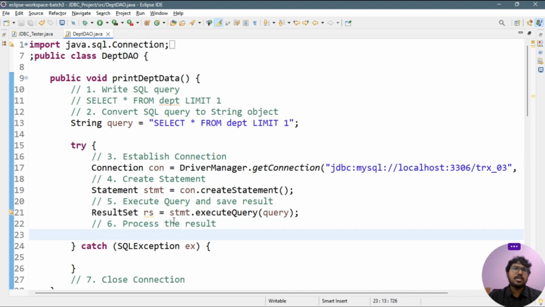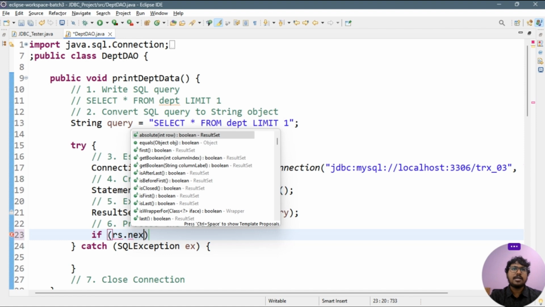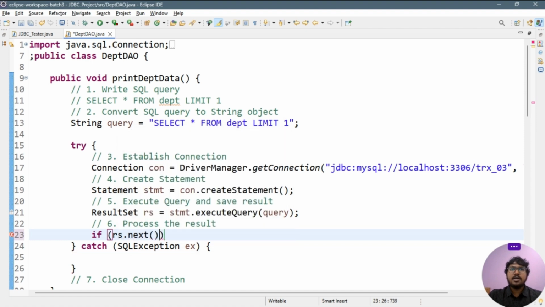Now what we have to do, we have to process the result, and because in our code we are expecting the result to be one row only, so we can just write if rs dot next. Okay, and let me show you that